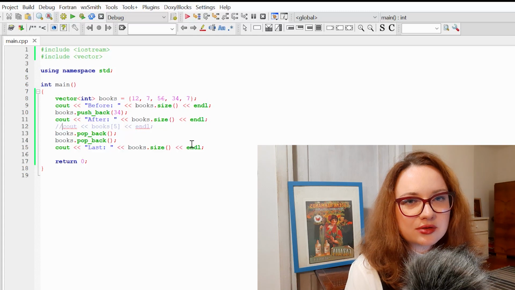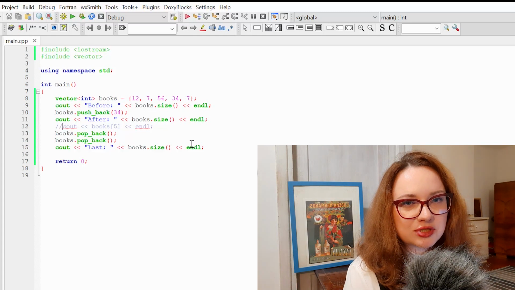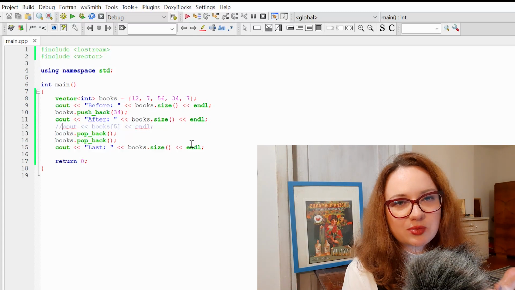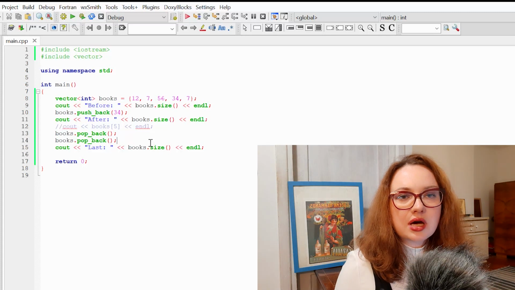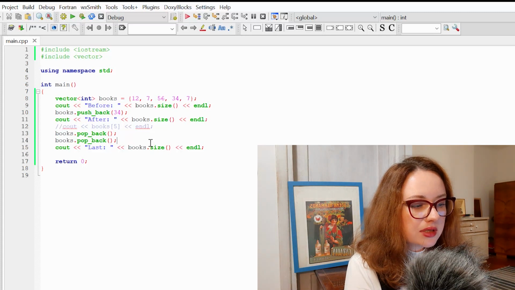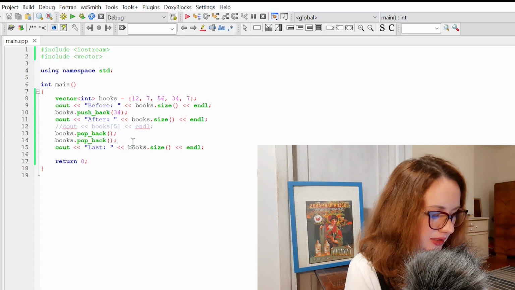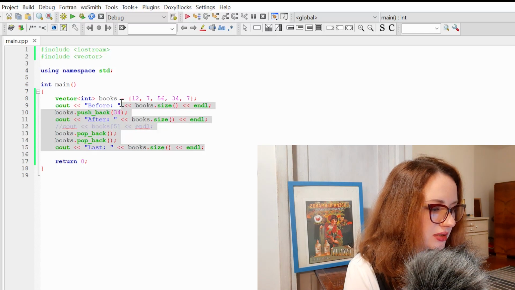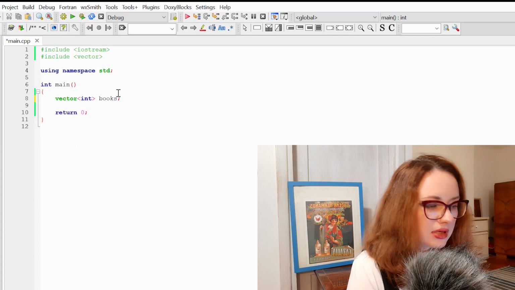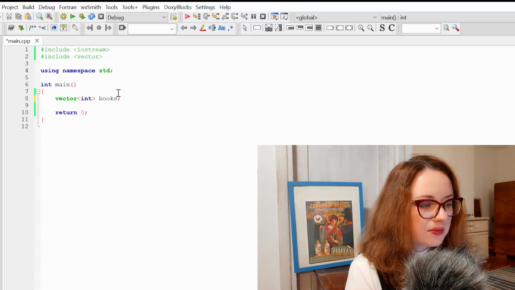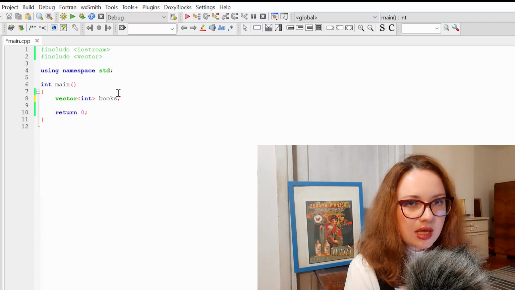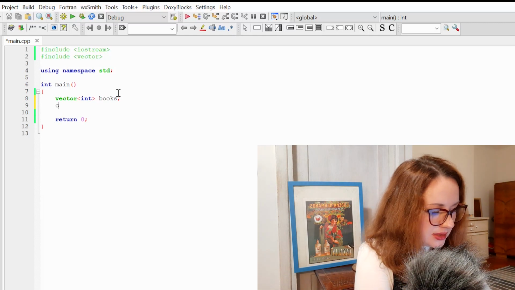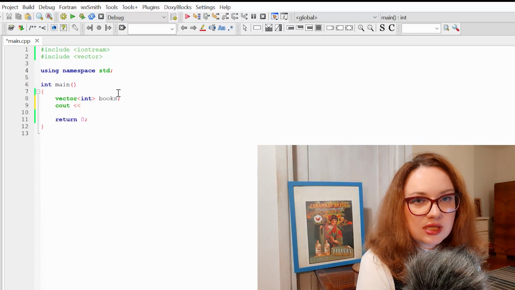Okay, so we already learned 3 very useful functions to work with the array: push_back, pop_back, and size. One more function I want to show you is how to check if your vector is empty. Because if, for example, I just declare my vector like this, vector books, I'm going just to create empty vector. And to check that vector is empty, use function empty.